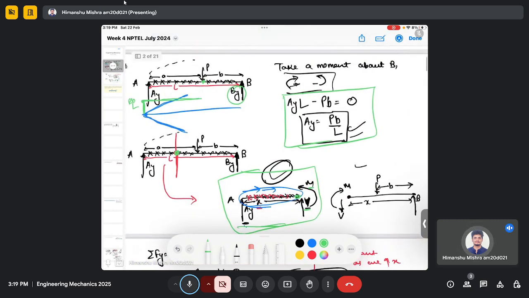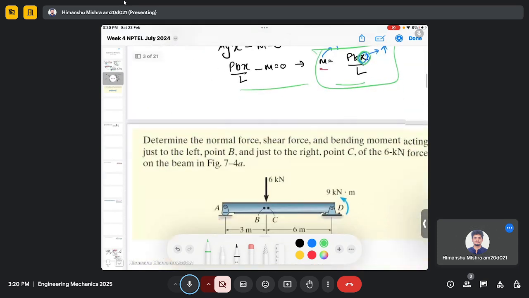So we can also find the force at some other location as well. Let's say I decided to find the force here, another random location somewhere here. So again we will cut the beam into two parts. So in that case,